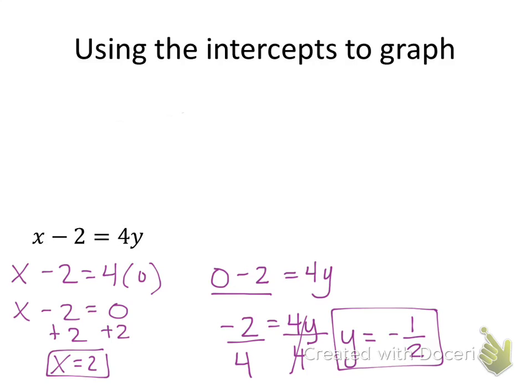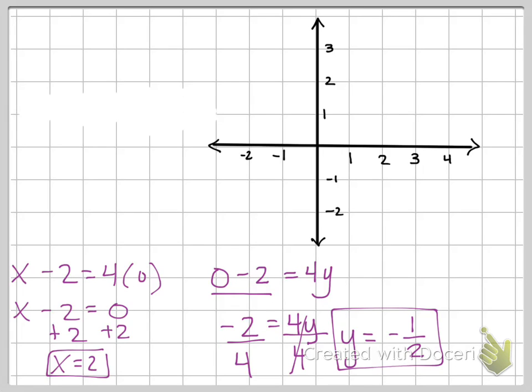Okay? So now we need to make a graph so that we can graph our x and y intercepts. Okay, I've got my graph made now, and I actually need to plot these points and graph it. Here's the main mistake people make when graphing x and y intercepts. They say, oh, we have an x and a y, so my ordered pair must be 2, negative 1/2. No, that is not correct because our x-intercept always has to be on our x-axis. So it's a totally separate point, and our y-intercept always has to be on our y-axis, and it's a totally